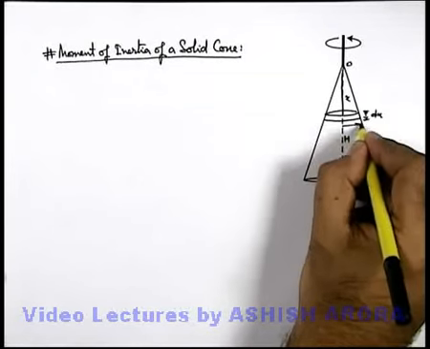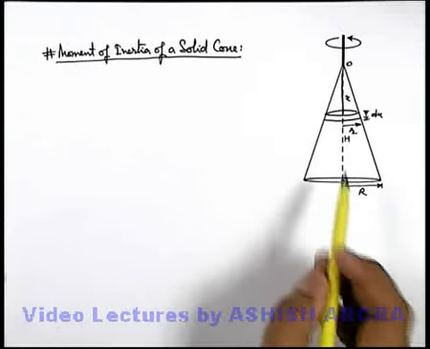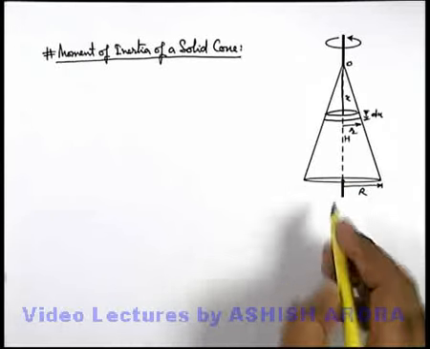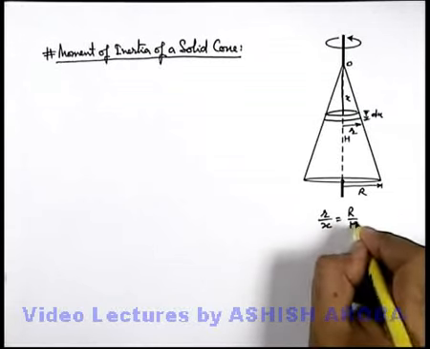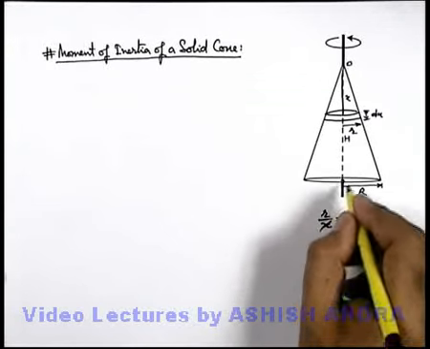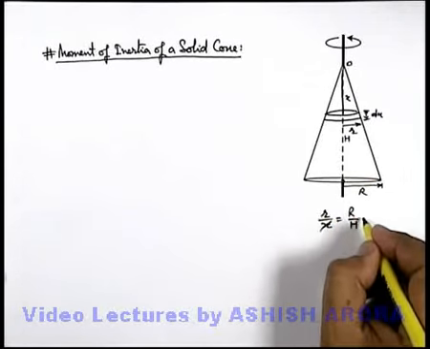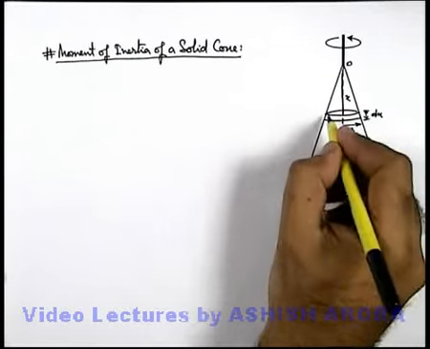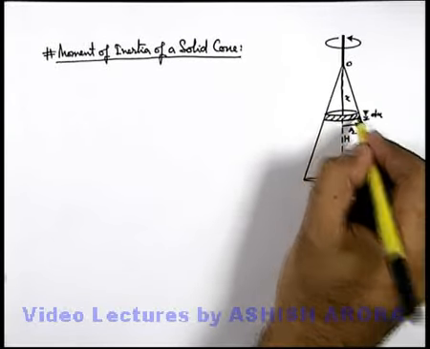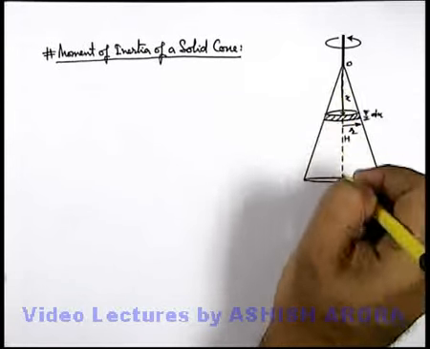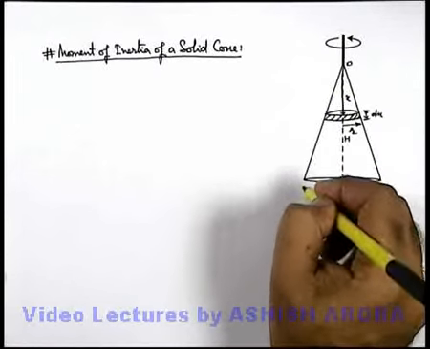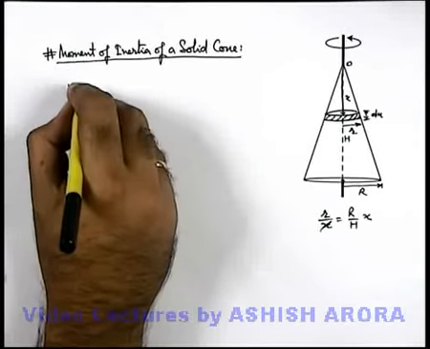Say if small r is the radius of this disk, we can calculate this radius by using similarity as small r by x is equal to capital R by h. So here we get the radius of this elemental disk as R by h into x. Now for this elemental disk, if we integrate from x equal to 0 to h, we'll get the complete cone. So first we'll calculate the mass of